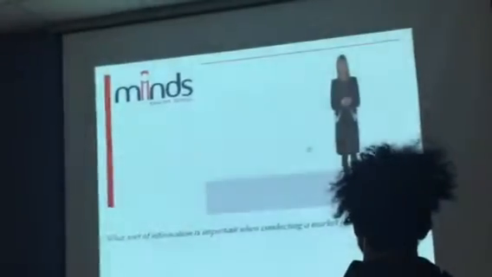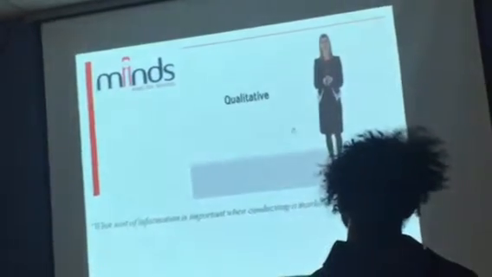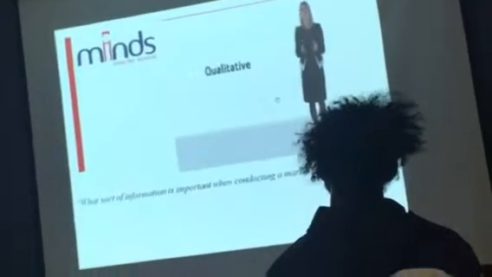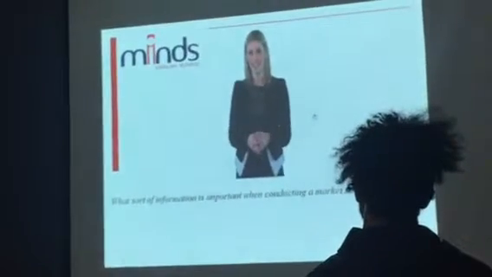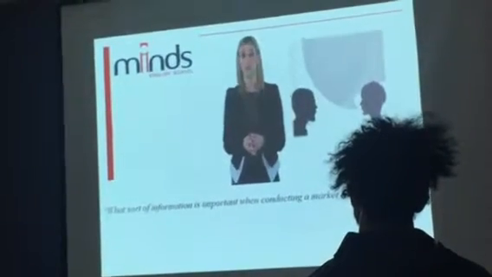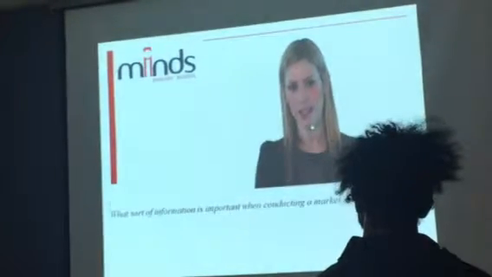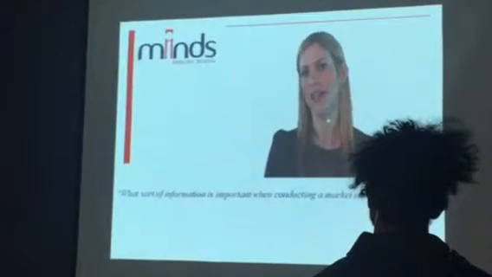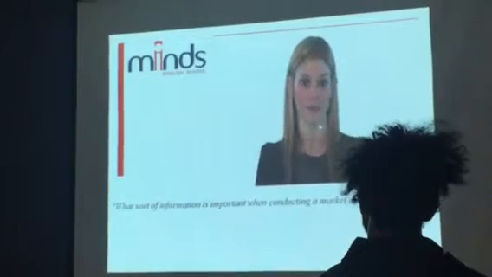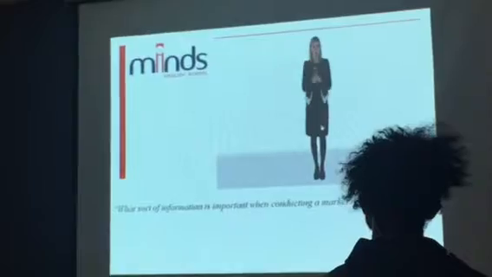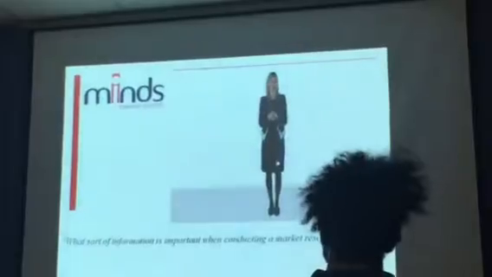The second sort of information is qualitative research. This is based on attitudes and opinions and is used to find out what your target customers think and feel about your idea or product or service. You can gather qualitative data through in-depth interviews with individuals or by having focus groups with several customers taking part in a discussion. In this case, you're finding out how people feel about different aspects of your product or service. For example, the price or the packaging or the offer. You may want to find out where people would expect to buy and also what their reasons are for choosing one product or supplier over another.